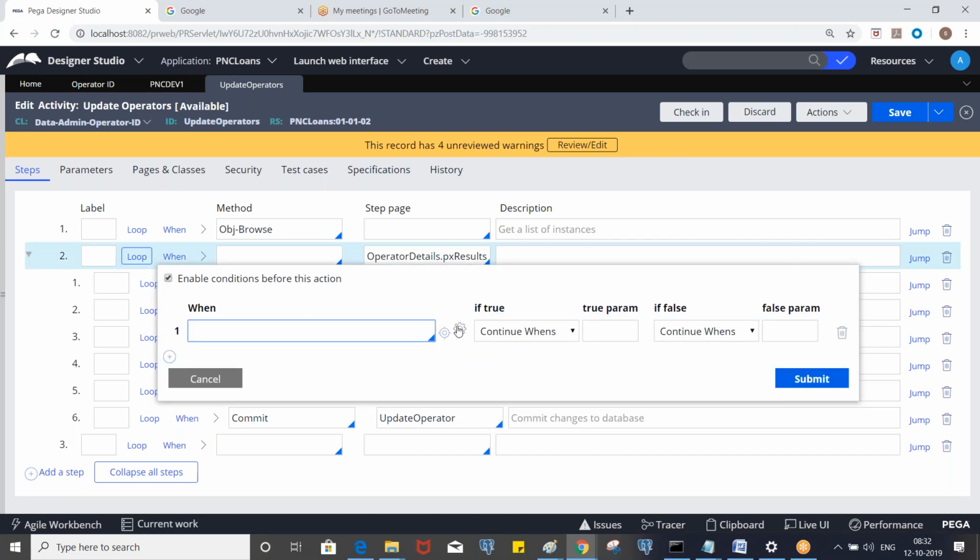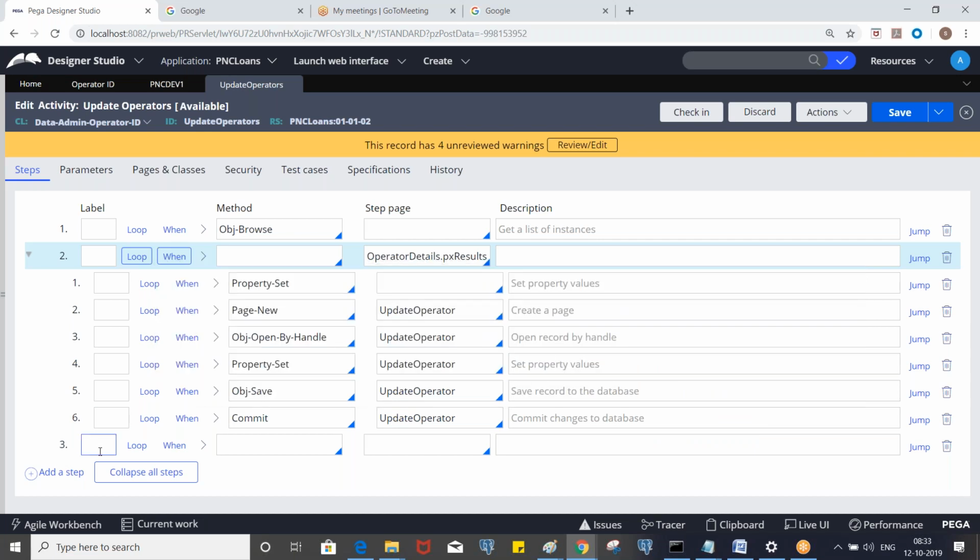So here we can use operator details dot px result count is greater than 0, continue. That means at least we have one record. Otherwise, jump to the last step, no records. It will directly come to the third step, so it will not go inside the loop.